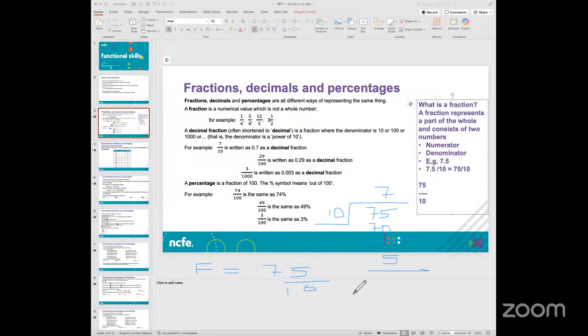Now, how would this number become equal to 75? So the 7 comes in the middle here. 10 times 7 is 70, plus 5 will become 75 by 10. So I will reach the same number without having to change the context of it. This would still be the same number, 75 by 10, expressed as a fraction.